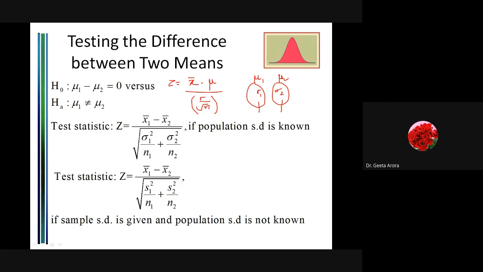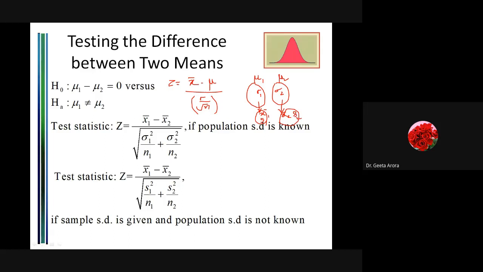And whatever small samples we have taken from population 1, here we have x1 bar as the sample mean, and the standard deviation, either known or not known, let me write down the symbol, is S1 here. And if a sample is taken from the second population, we use the notation x2 bar and s2 as the standard deviation, correct?